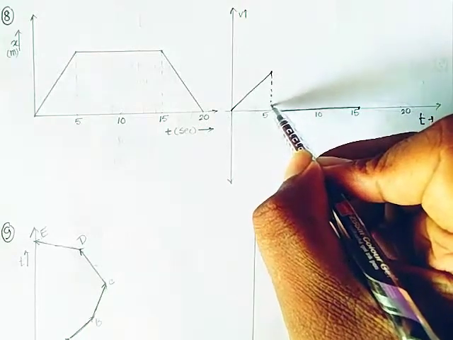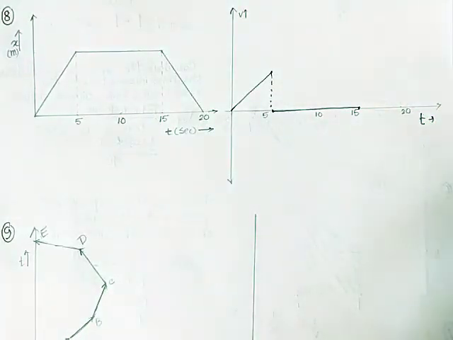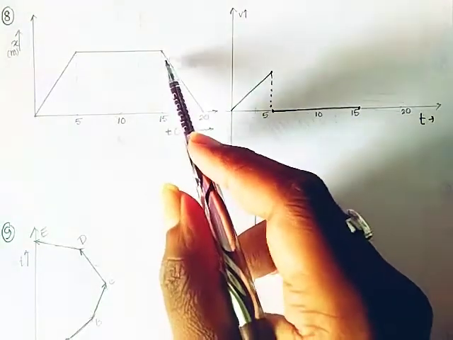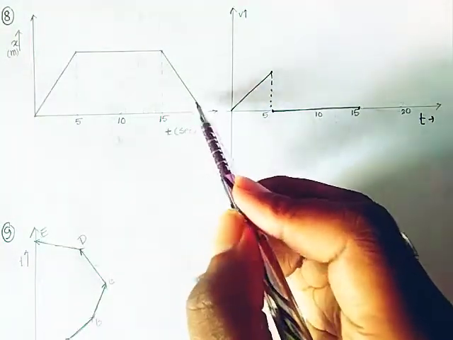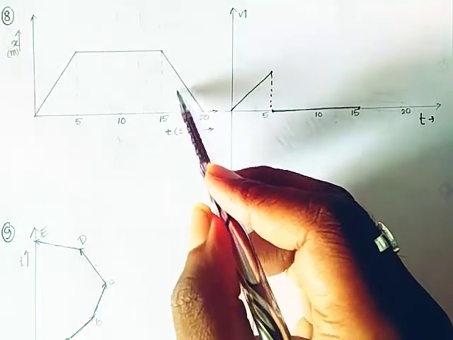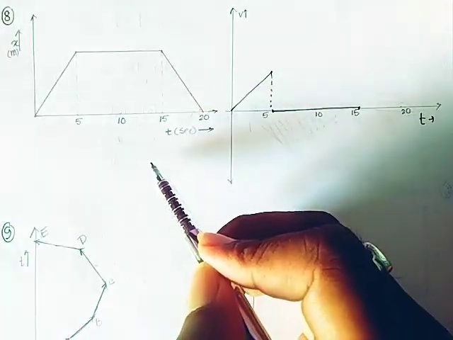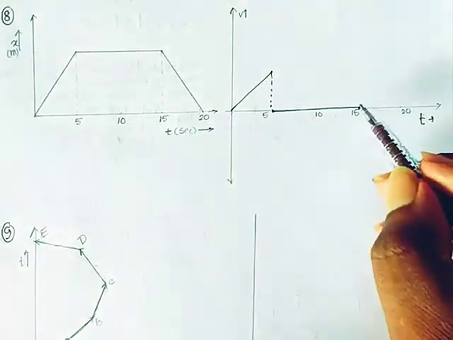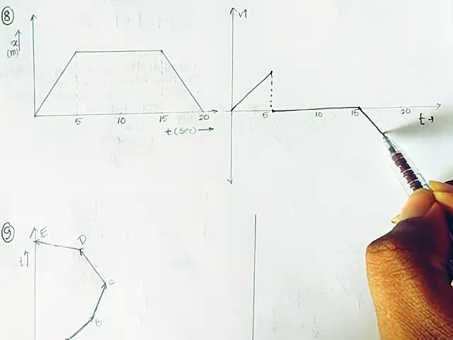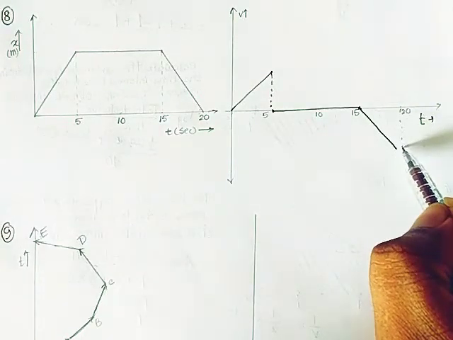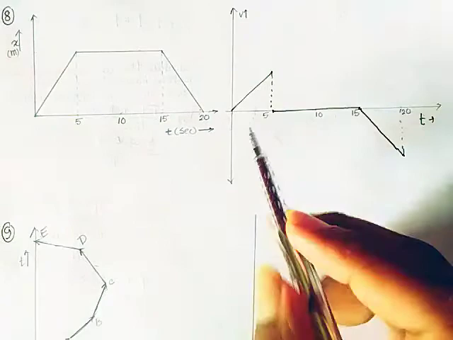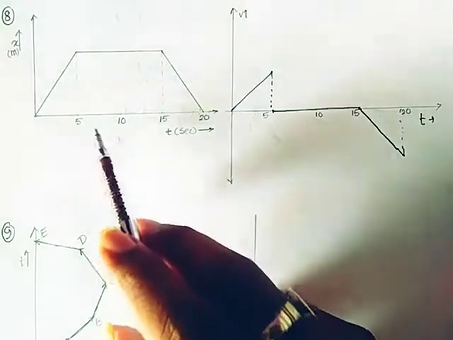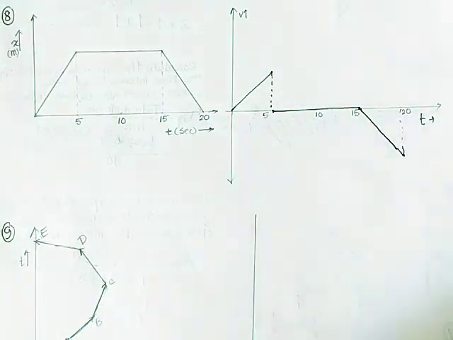So there is a swift transition here, and after that x is again decreasing. From 15 to 20 seconds the slope is negative. So you can say the velocity is negative, which means it is in the opposite direction up to 20 seconds. So from the x versus time curve, we understand how to plot the velocity versus time curve by considering the slope of the curve.